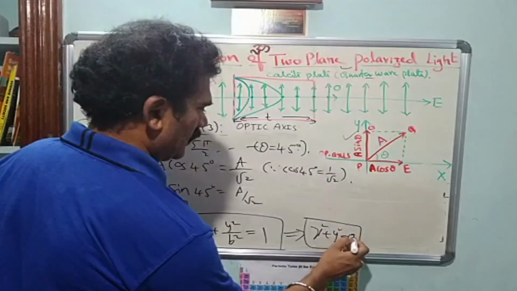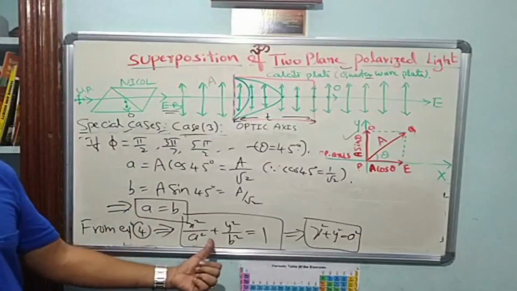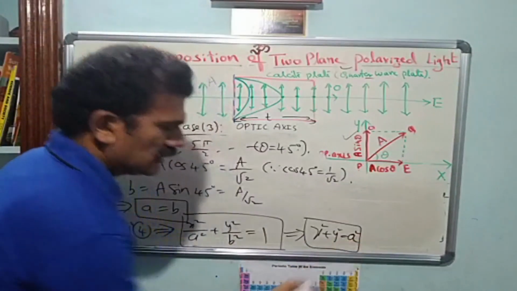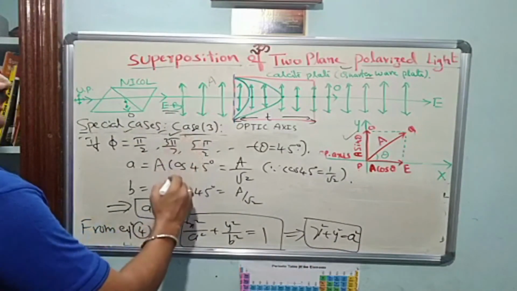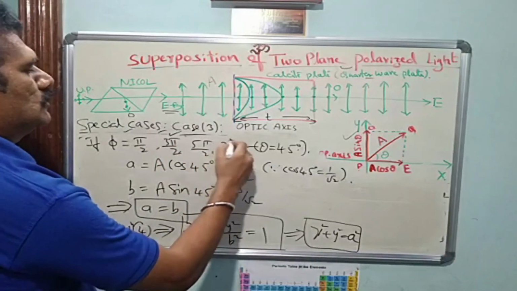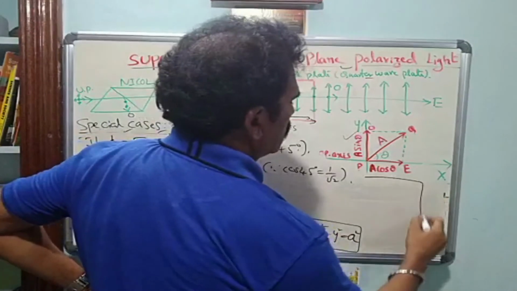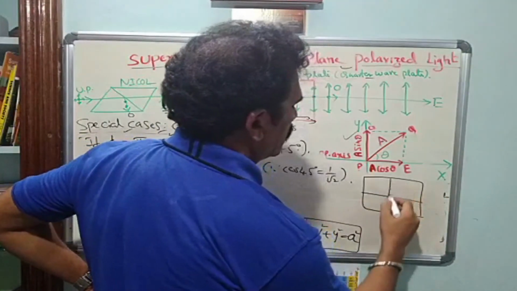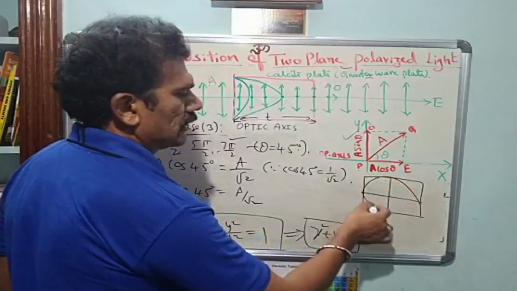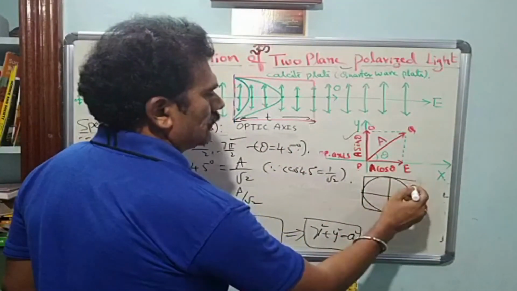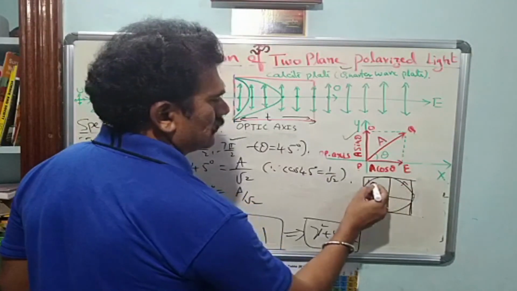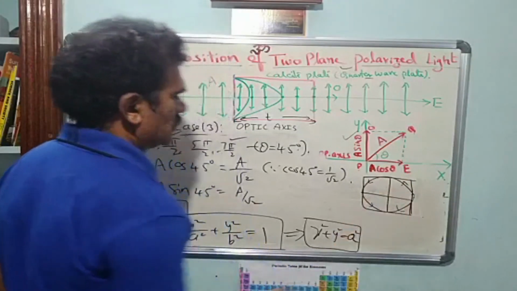In fact, it is a square, where a square is the LCM. So by cross multiplication, x square plus y square is equal to only a square, the equation of a circle. If I choose the values of phi as 3 pi by 2 and 7 pi by 2, etc., we can get circularly polarized wave only, but in the anti-clockwise direction like this. So this is circular, not elliptical. Clear? It rotates in the anti-clockwise direction.